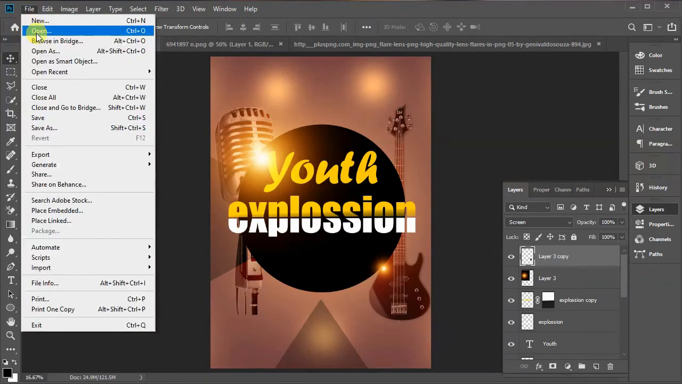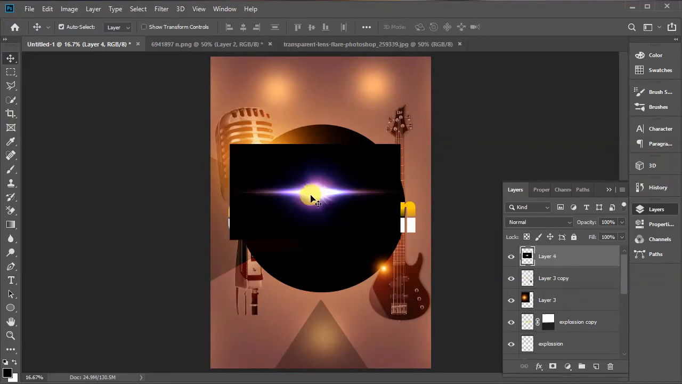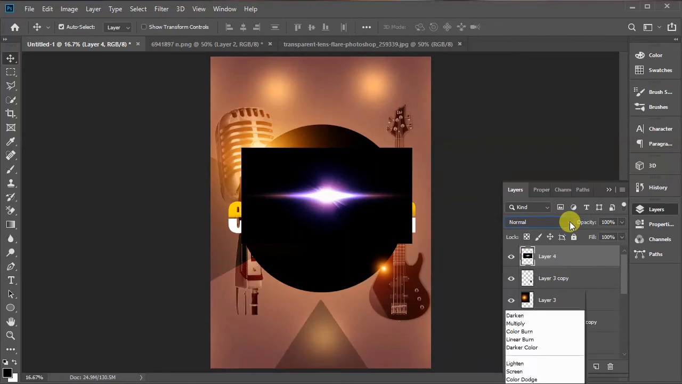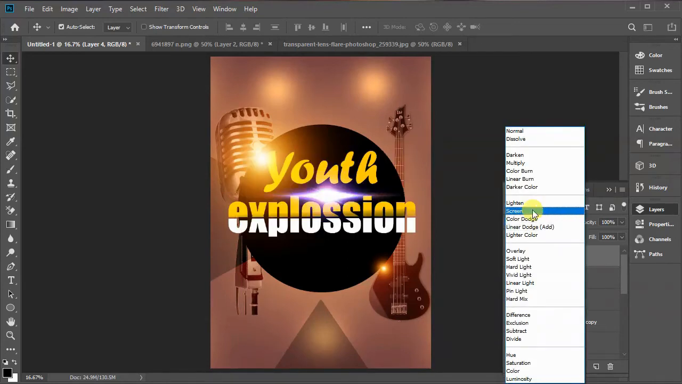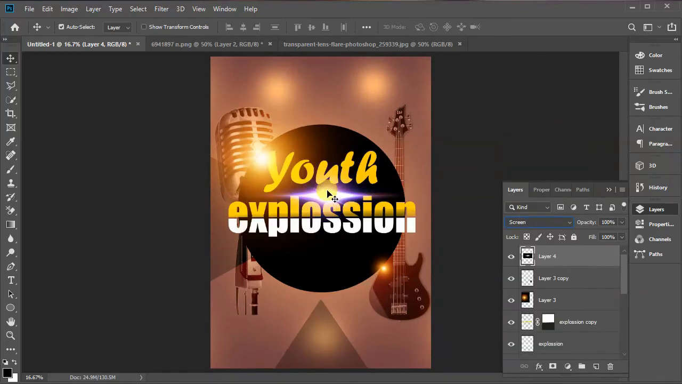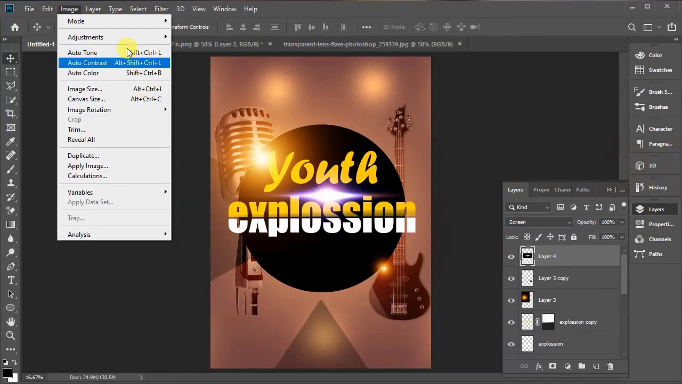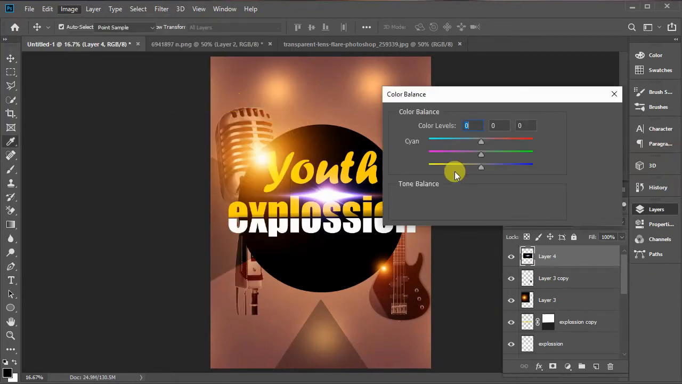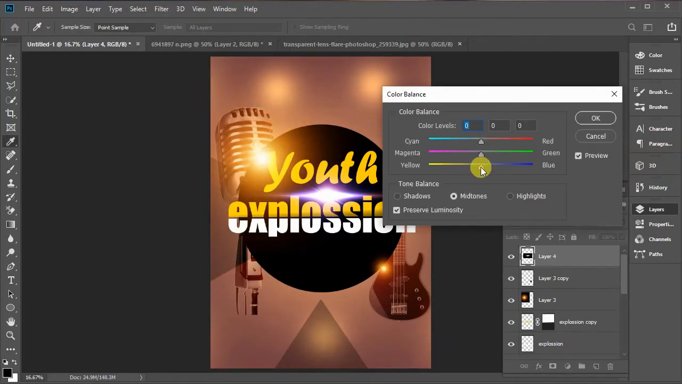So we are adding one more flare. Check the description for the download of these flares. Now change the blending mode to screen. Now with it selected, go to image, adjustment, then go to color balance. Now drag it to the left,